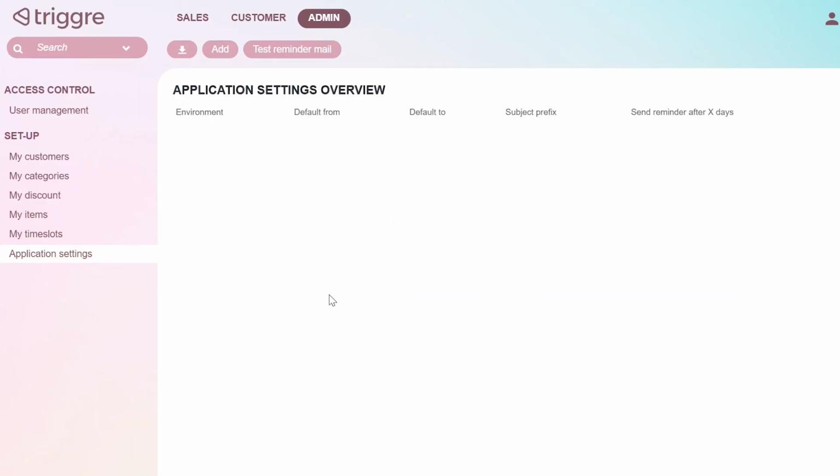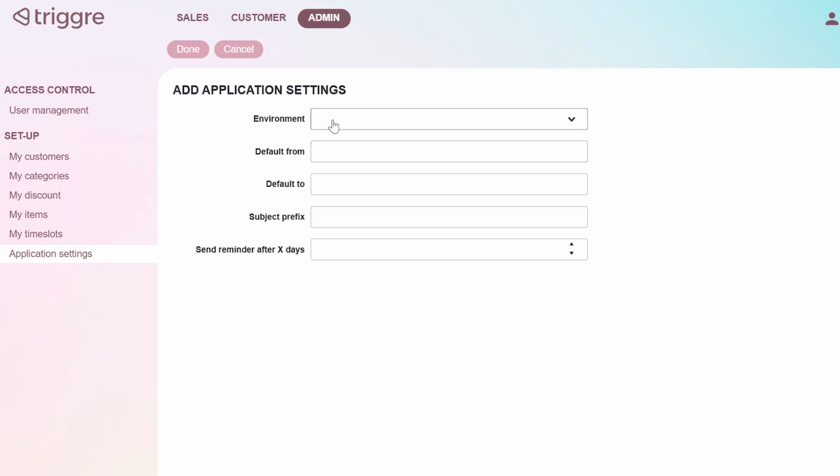Besides that, I also created an application settings page. And the reason why I did that is because when you work with emails, it's very important that you don't accidentally send emails to the wrong person. However, you do want to test your emails. So what I did is I've created some application settings where I can fill out the following information: